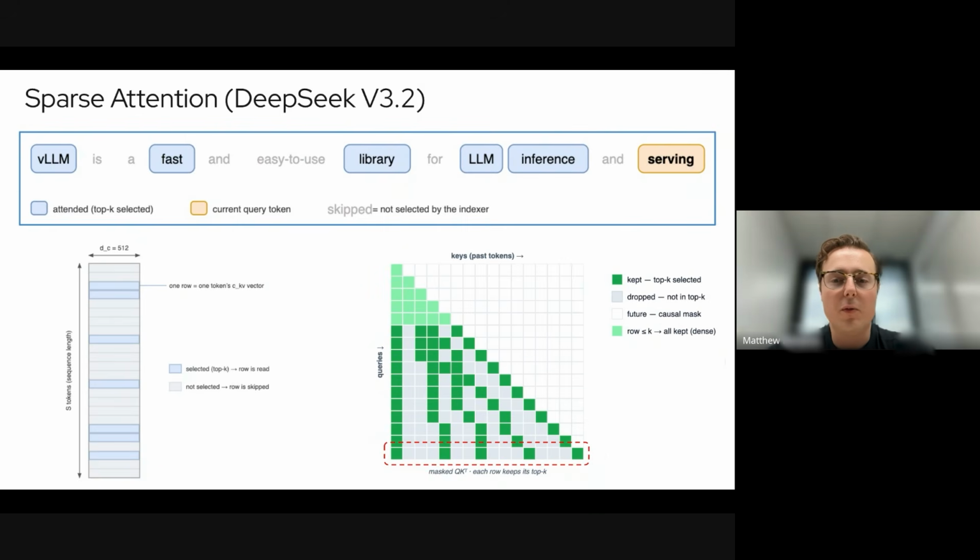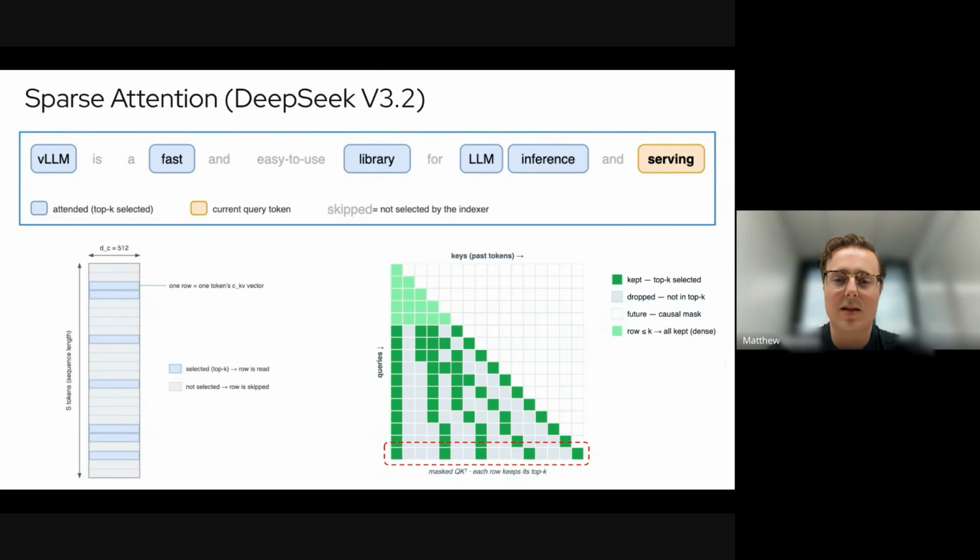Now, with prefills, the situation is a little bit different, because now you're computing this entire thing, not just the bottom row. So you can't just pick out a handful of these tokens to gather into your shared memory on your GPU, because at some point you're going to touch all of these tokens. As implemented in vLLM right now, we only have the MQA pipeline implemented. So the optimization that we're doing now is to implement that MHA pipeline, but instead we're going to pass